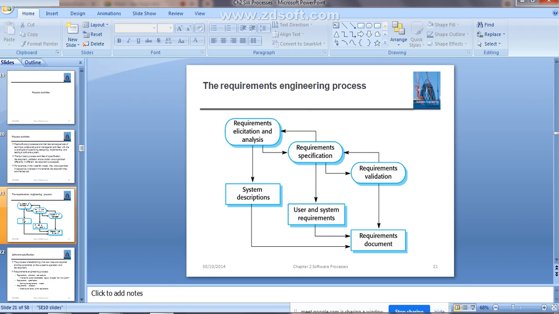Then after that you do requirement validation. That means you are checking and ensuring the validity of the requirements. So at the end, after performing all these activities, you will come up with one document, that is the requirement document. Clear?